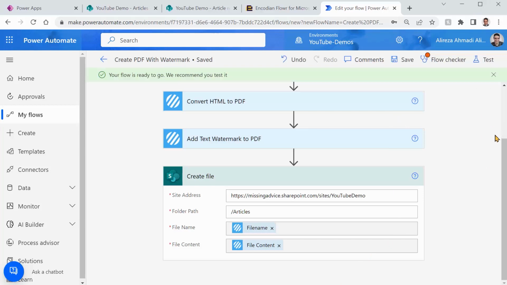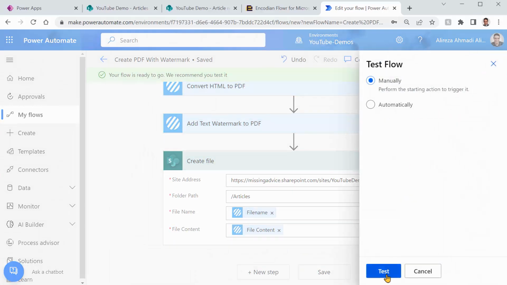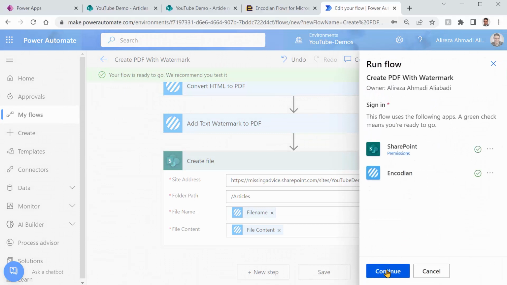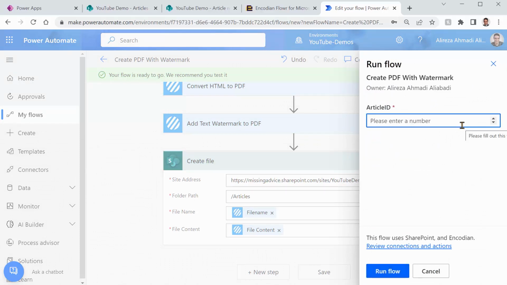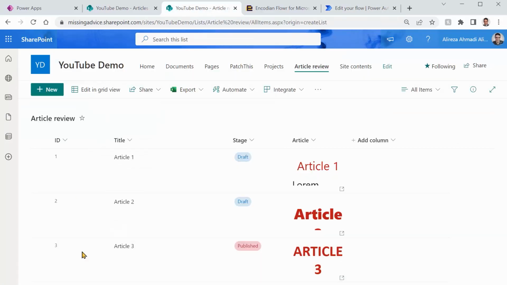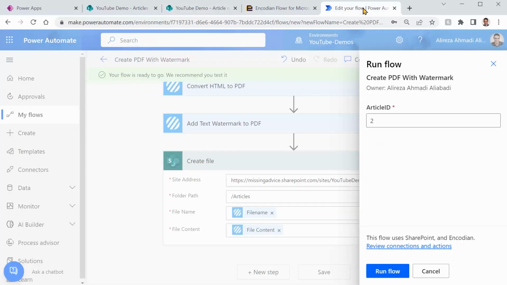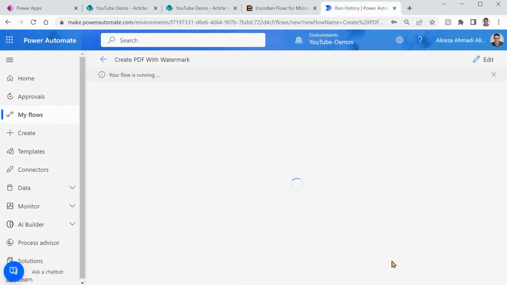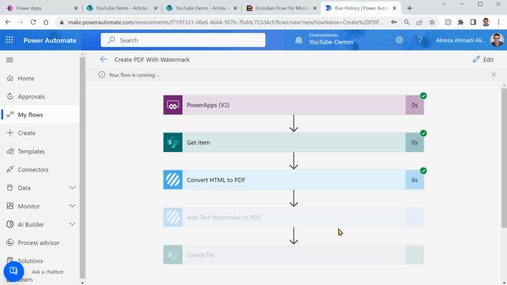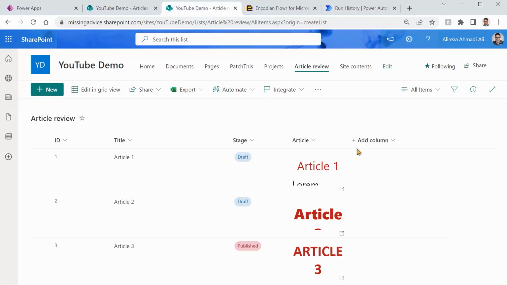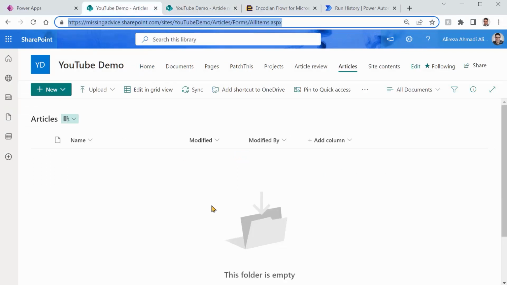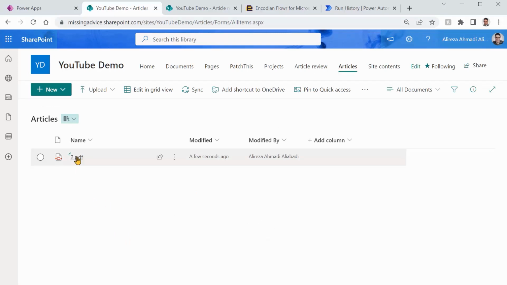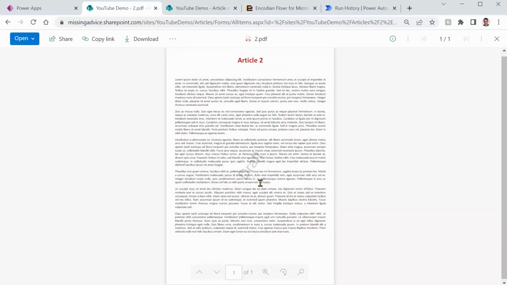Let's see if it does the job. Click, test, and I say continue. Article number 2, we know that article number 2 exists, and I click on Run Flow and see if it really does the job. One action complete, second action, and the file. It says it's created, so let's go and see. I just refresh this library, and you see the file is there, and if I click on it, all of a sudden you see that this